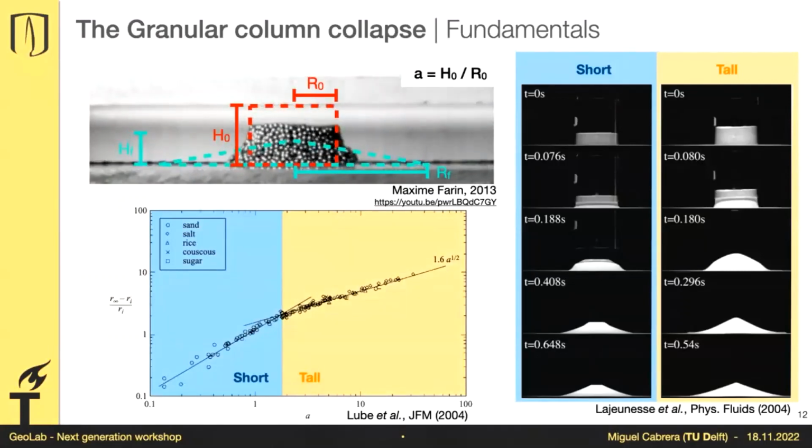Your sliding plane will cover the whole column, and you end up having a triangle, or your sliding plane just covers a wedge of it, and you have a plateau on top of the deposit. This distinction is what is known as a short and a tall column. In a short column, only a portion of the volume detaches. In a tall column, all the volume that is possible to move on the sliding plane will move. And you relate what you find from short and tall columns with the runout distance.